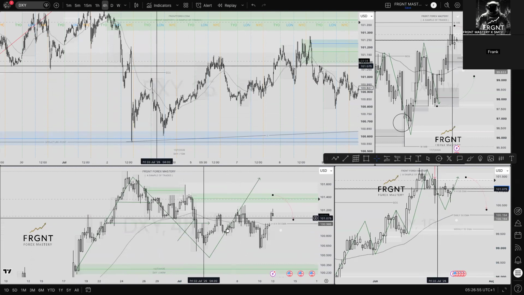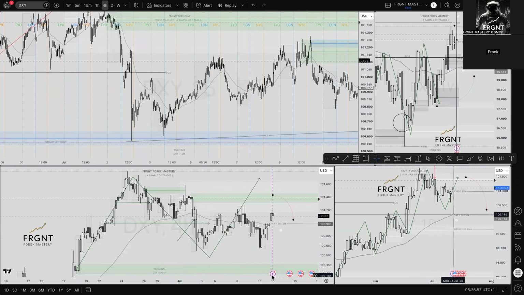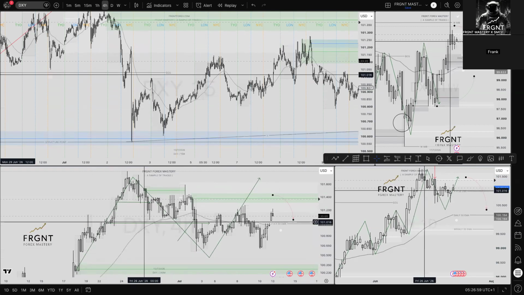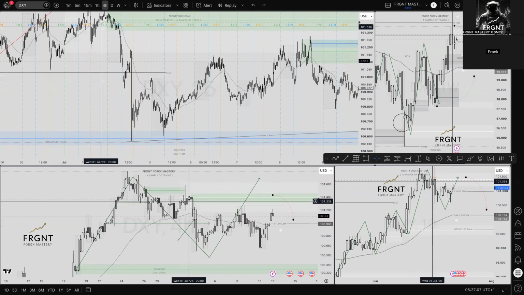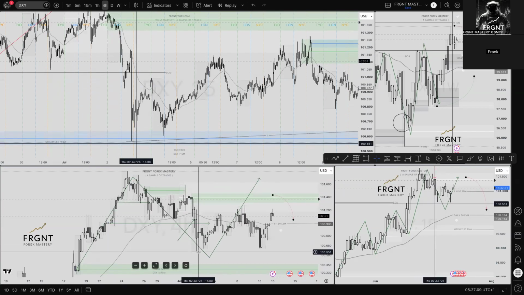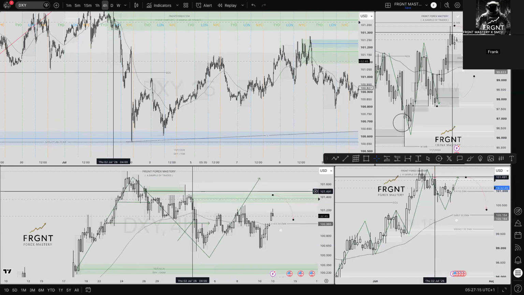So the EMA has now been broken. Now, why is that of any importance? Because price was respecting that EMA. Price came down towards it here. We rejected it. Price came down towards it again. We rejected it. Then as a result of this move towards the lows, I'm now confirming that we have now broken the EMA, close below it as a clue, and we've left an order block behind.